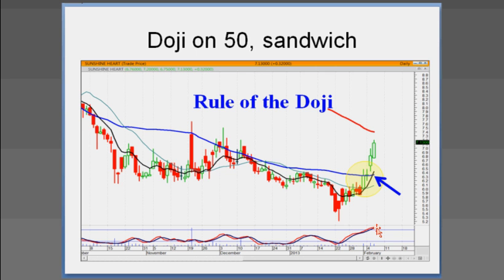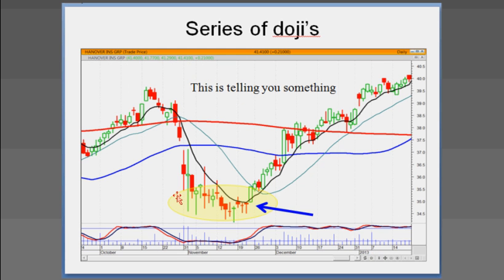And we can make decisions based upon some of the simple rules that are applied to our signals. For example, the doji rule. If we see a doji with stochastic still heading up, we'd have a simple rule of a doji. We know it's going to move in the direction of how they open it the next day. That makes it very clear that if they open up positive, we want to be buying because that tells us the 50-day moving average wasn't going to act as resistance anymore.